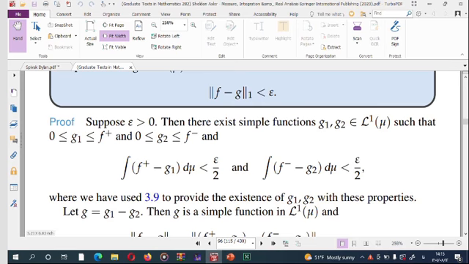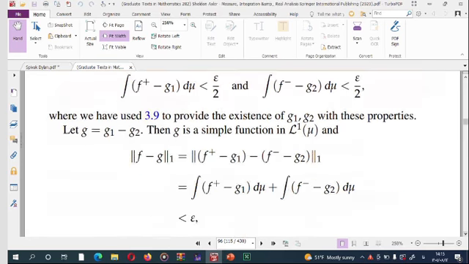Now let us consider g equal to g1 minus g2. Then g is a simple function too, and this simple function belongs to the space L1, and the norm 1 of f minus g equal to